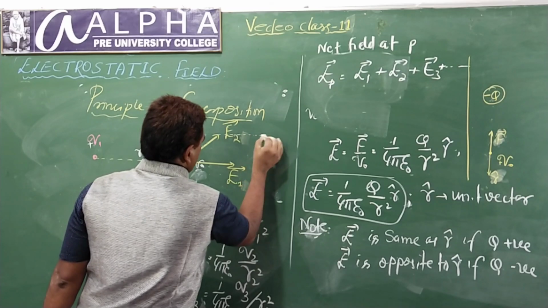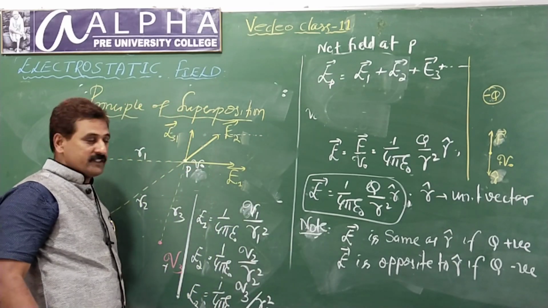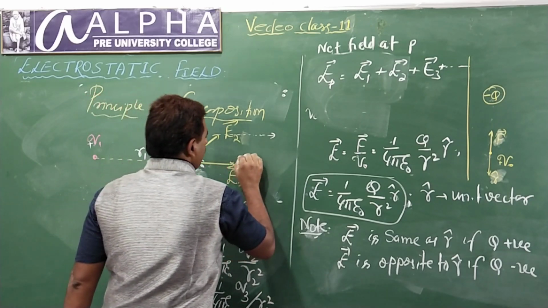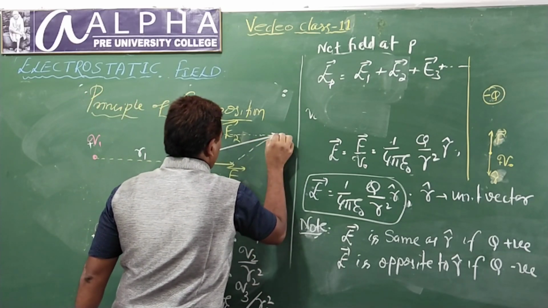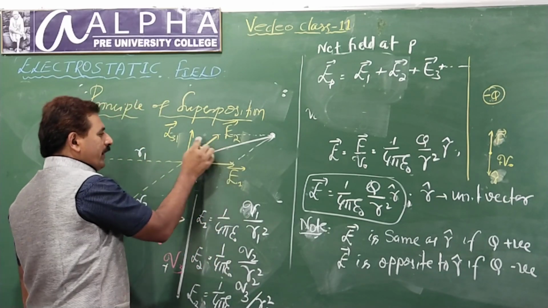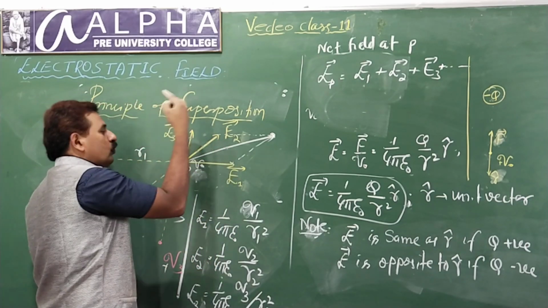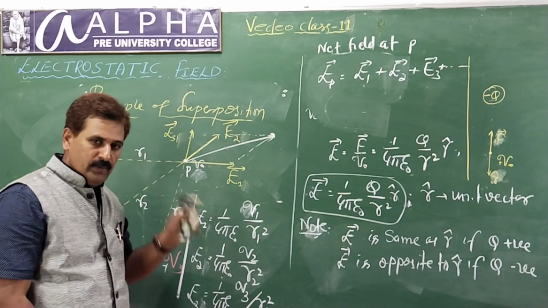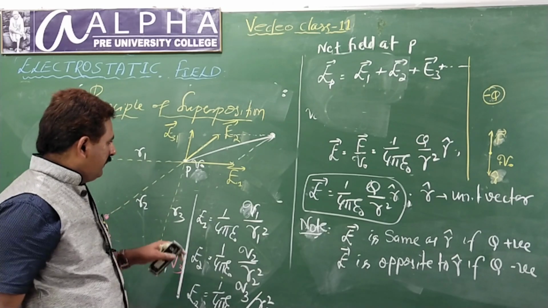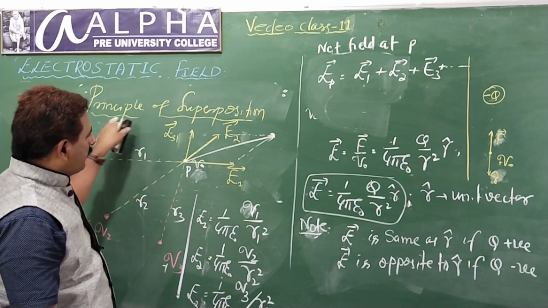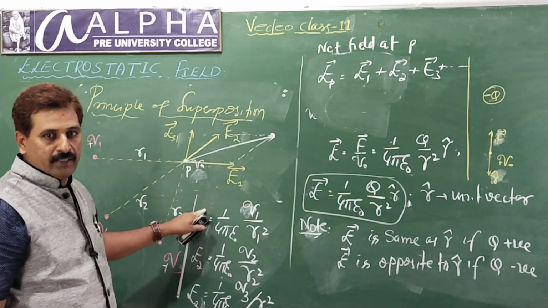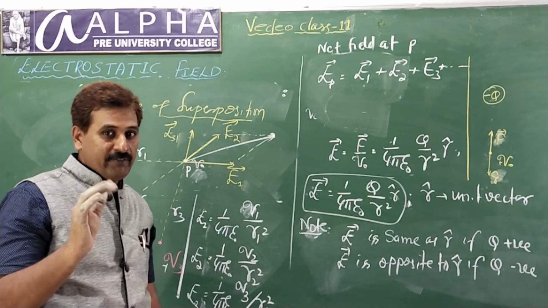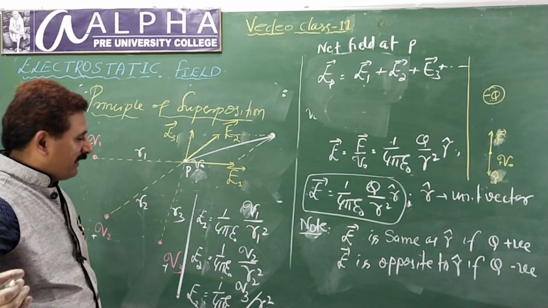I showed worked examples for force, right? Similarly, you do it. You draw a line for this from here. The resultant is the diagonal. You take this diagonal, do vector addition with this, construct one more parallelogram, find the resultant. Like that you do, right? We will solve problems on that. So this is what you have to remember about the principle of superposition. Like forces, fields also add like vectors. We will see an example next.